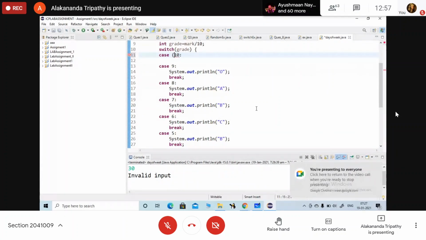Case, or here grade greater than 90, and grade less than